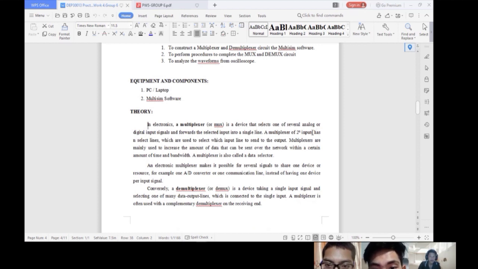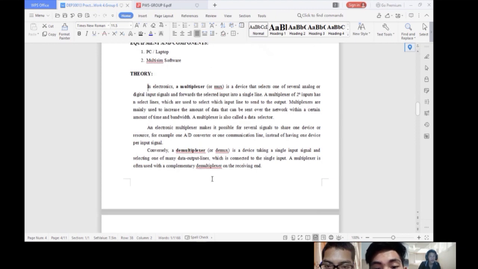A multiplexer of two inputs has a select line, which is used to select which input line to send to the output. Multiplexers are mainly used to increase the amount of data that can be sent over the network within a certain amount of time and bandwidth. Multiplexer is also called a data selector.